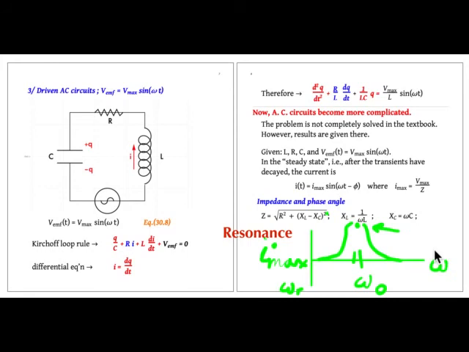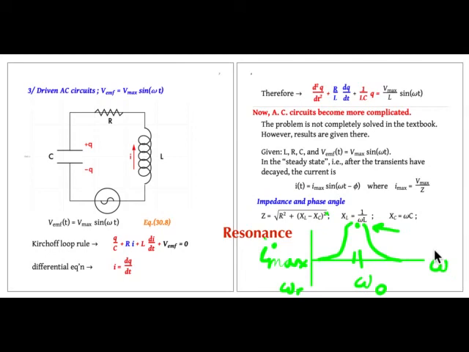It's a maximum of the current in the case of the LC circuit. This is very important because this is the way a radio receiver works. A radio receiver tunes to the frequency of the transmitter, which is the radio station that you're trying to listen